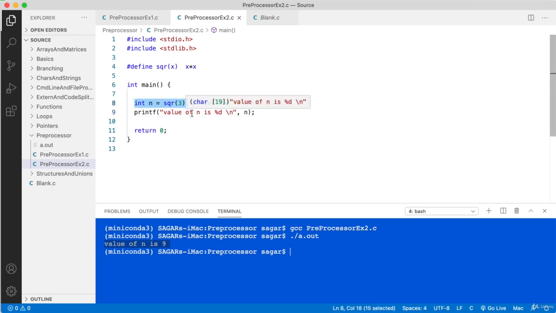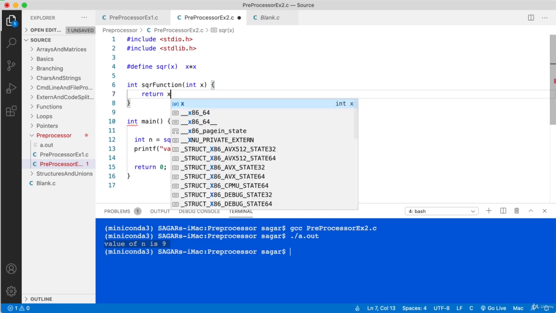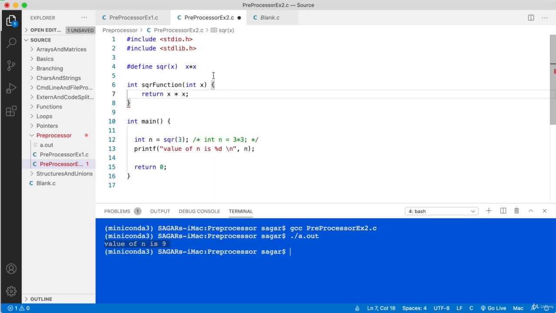So what's the difference between a function and a macro? There is a slight difference here. When I write an int sqr function, with some name other than sqr, and make a call to it, the function exists in memory somewhere, and the control comes here and makes a call to the function.